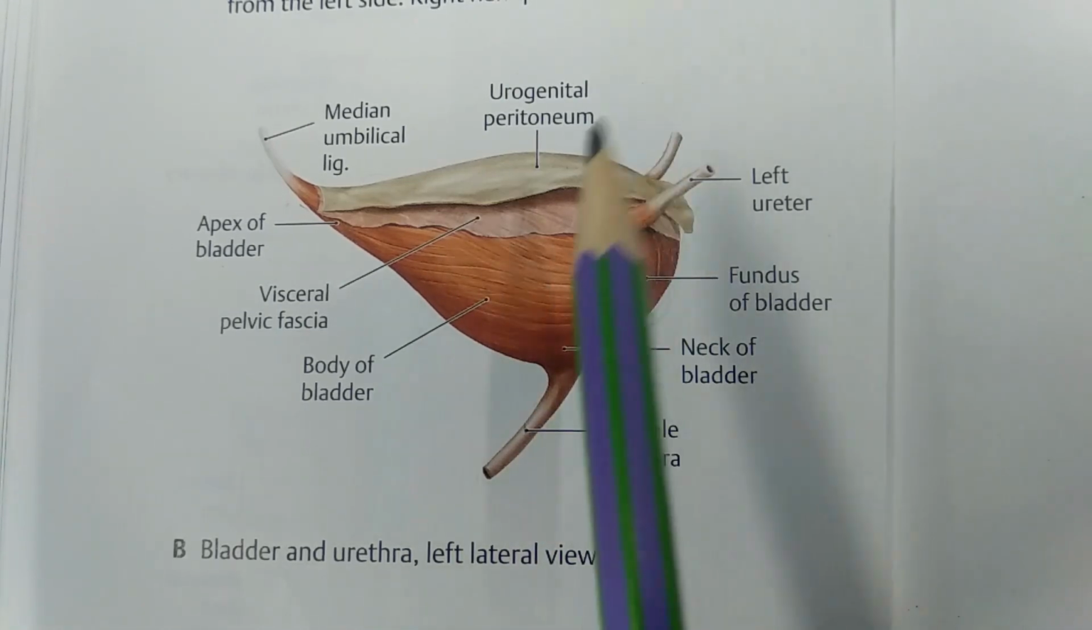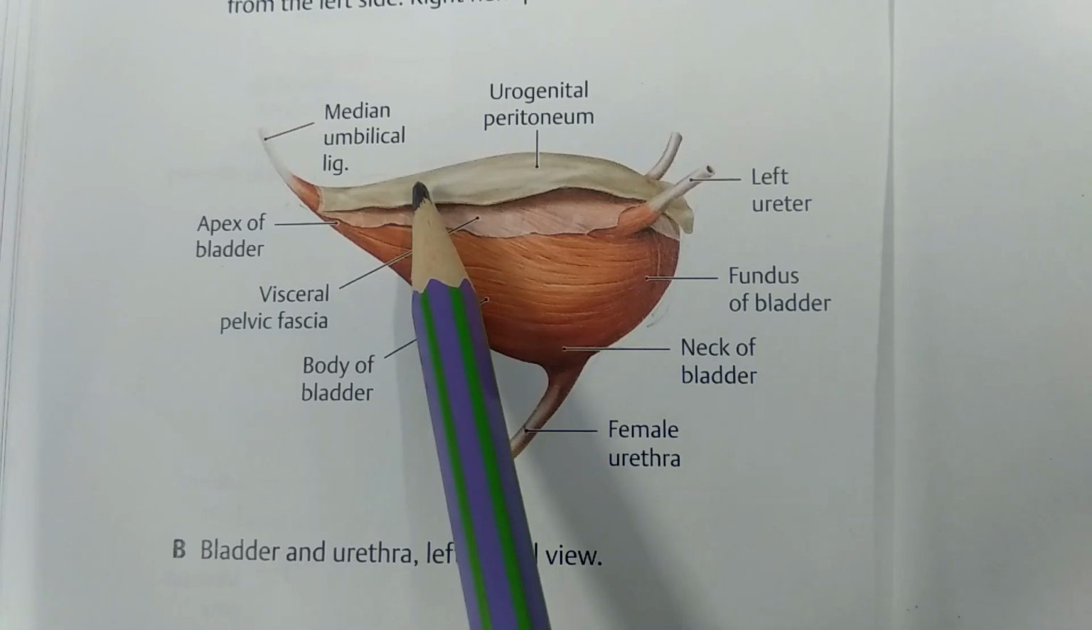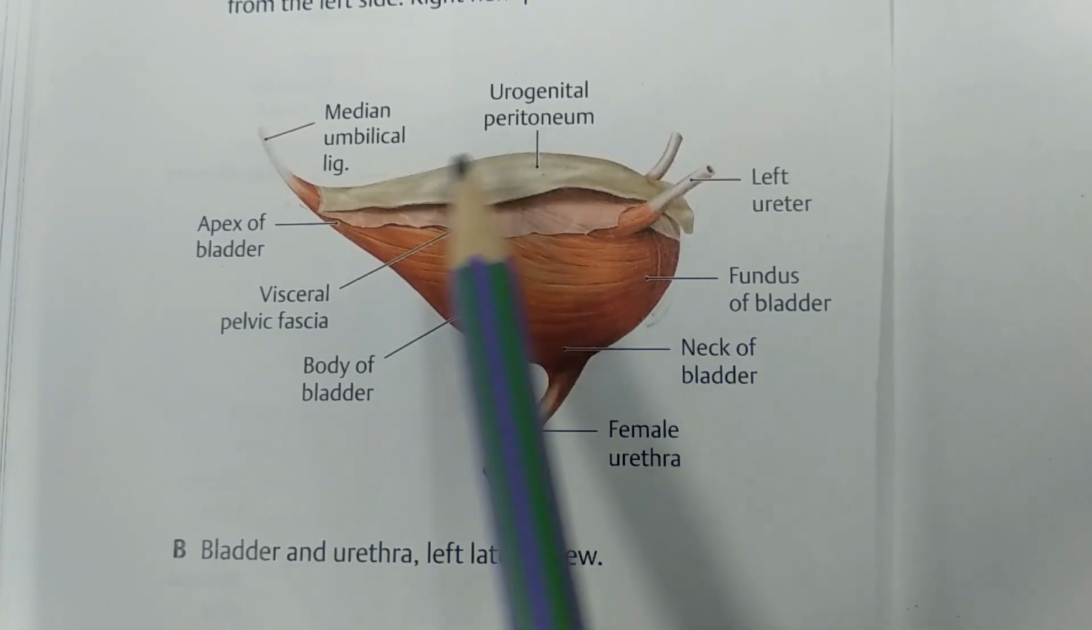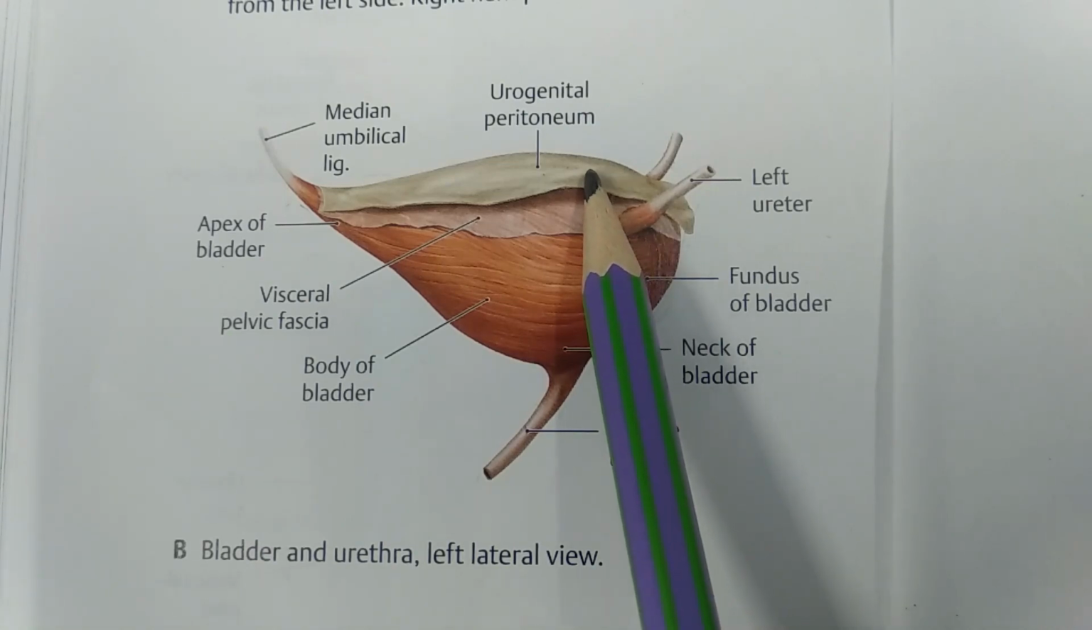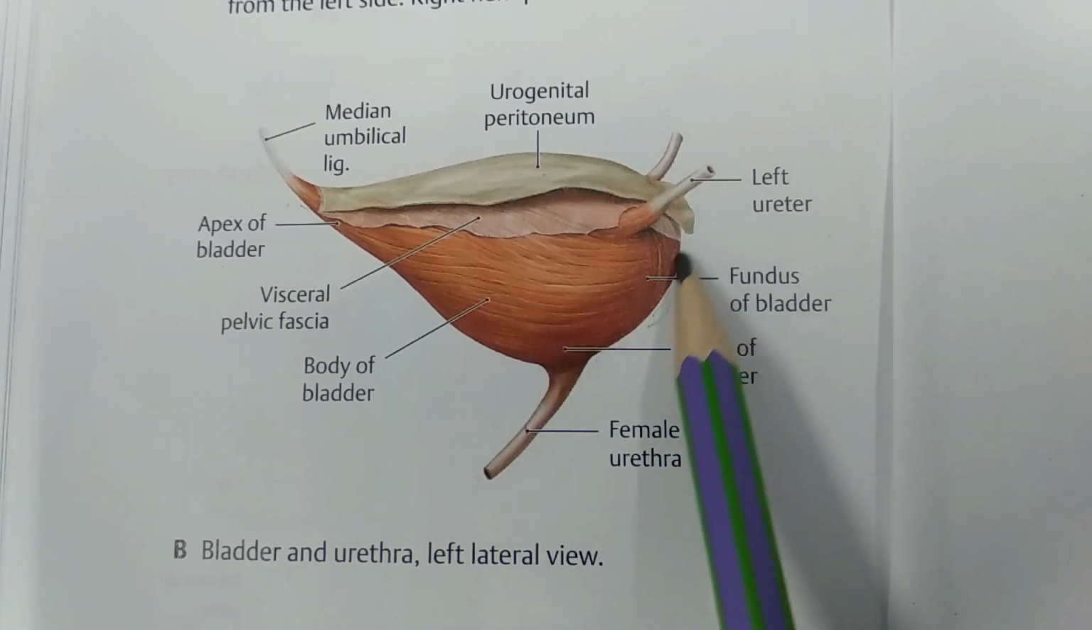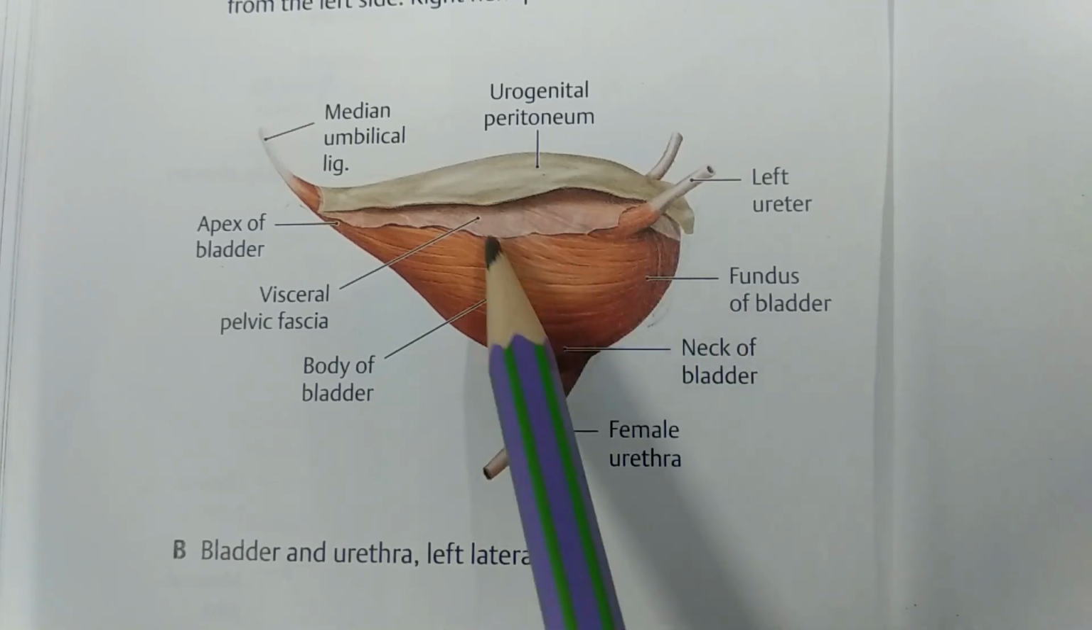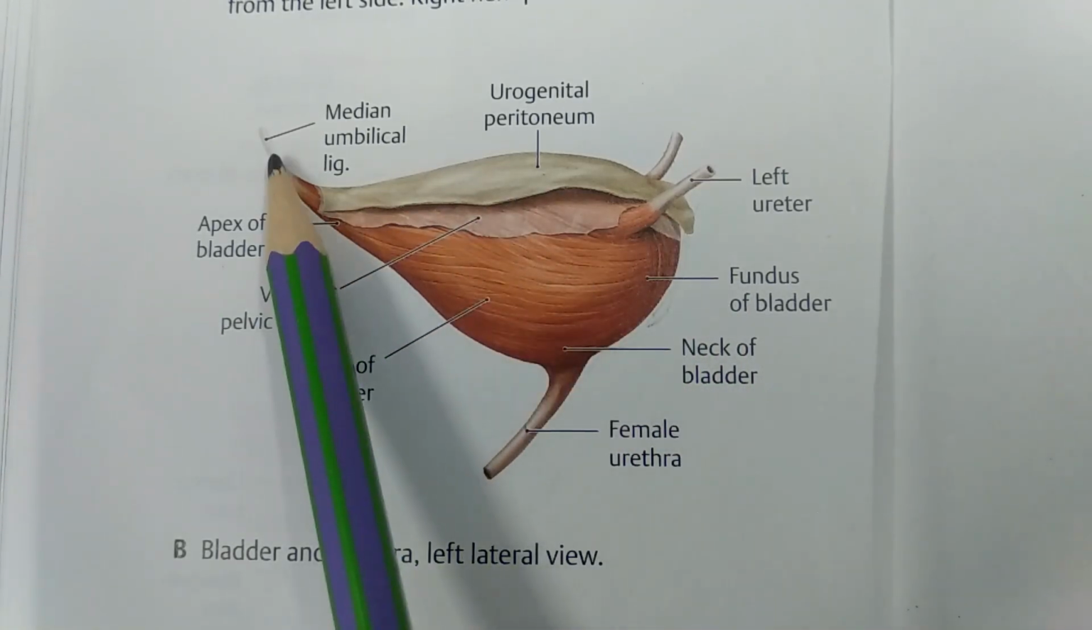In this picture you can see this white covering. This is the peritoneal covering of the superior surface of the bladder. The upper part of the posterior surface of the bladder is covered by a part of the peritoneum, and this forms the retrovesical pouch. Do you remember that? In cases of female,